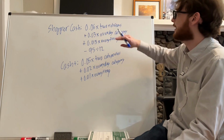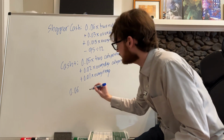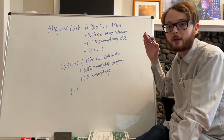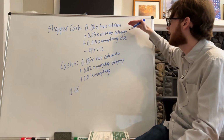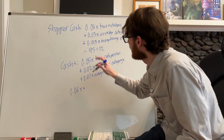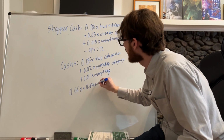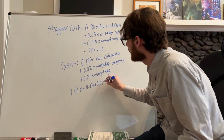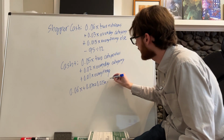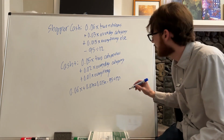So let's look at the shopper cash first. We still have our old 0.06. Now I'm just going to call whatever we're spending in each category X. So our total spending is 3 times X because we have 3 different terms here. So 0.06X plus 0.03X plus 0.015X minus 95 divided by 12. I'm not going to do that math quite yet because I'm not that much of a mental math genius. Is equal to